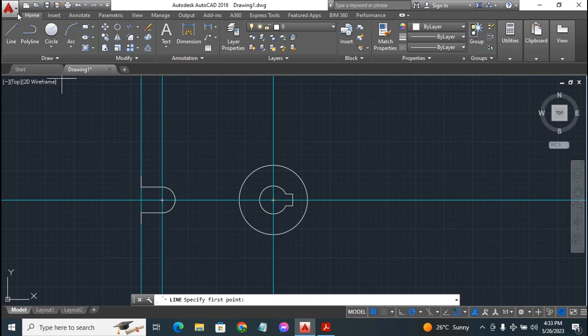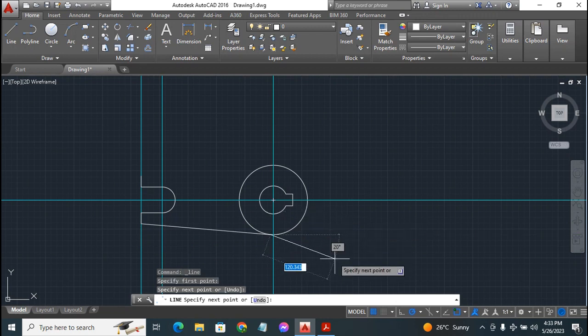Yes, you go to draw ribbon, click line, then click on this endpoint of this vertical line. Yes, then locate the point of tangency on this circle. Yes, the tangent point of this circle, then click on it. That's what we need. So you do the same on the other hand, then